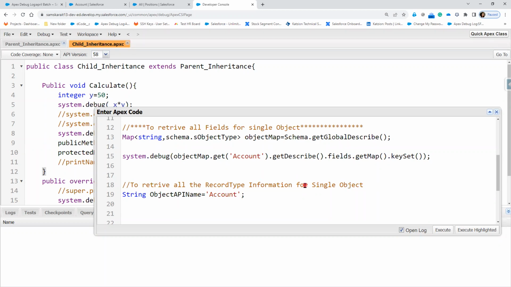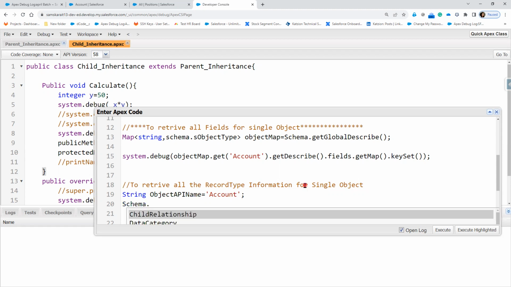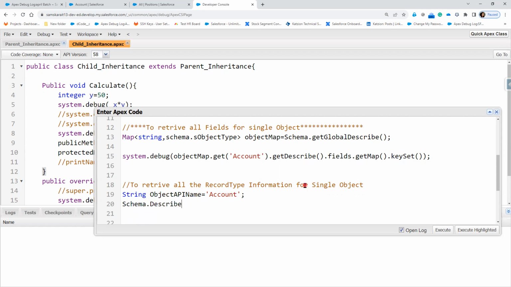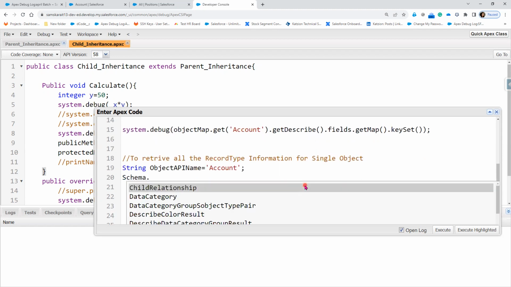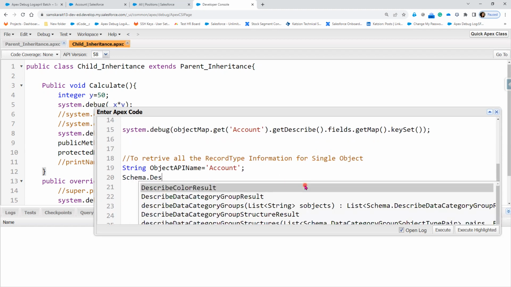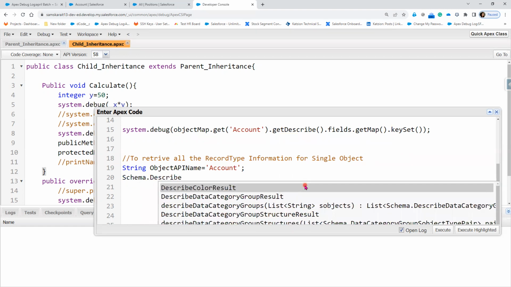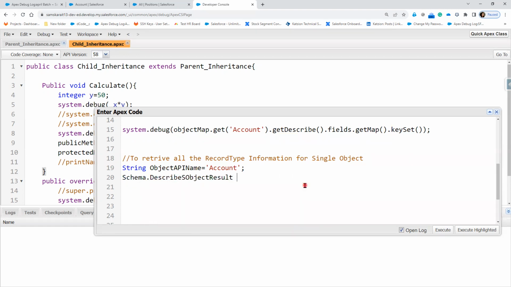In order to get the object details, I'm going to use the data type Schema dot DescribeSObjectResult, sObjectResult equal to